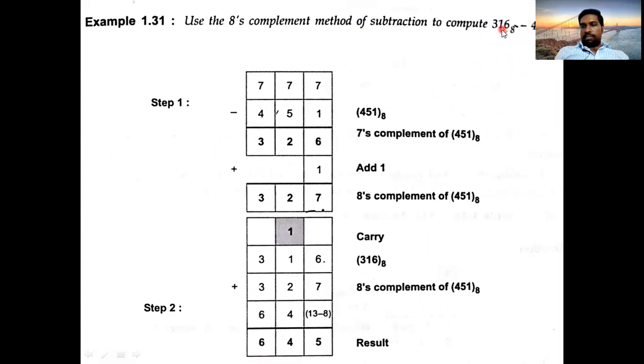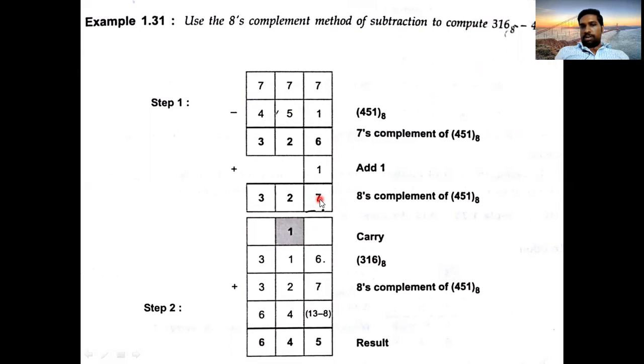So this is the method you follow with octal subtraction. It is also in the form of A minus B. Same format. 8's complement is nothing but R's complement. R's complement means first of all you need to find the 8's complement of the second number, 451. So how to find the 8's complement? First you find the 7's complement and then add 1. What is the 7's complement? As I have 3 digits, I take 3 sevens and subtract the number. I will get 326. This 326 is the 7's complement value. Add 1 to this and you will get 327, that is the 8's complement.